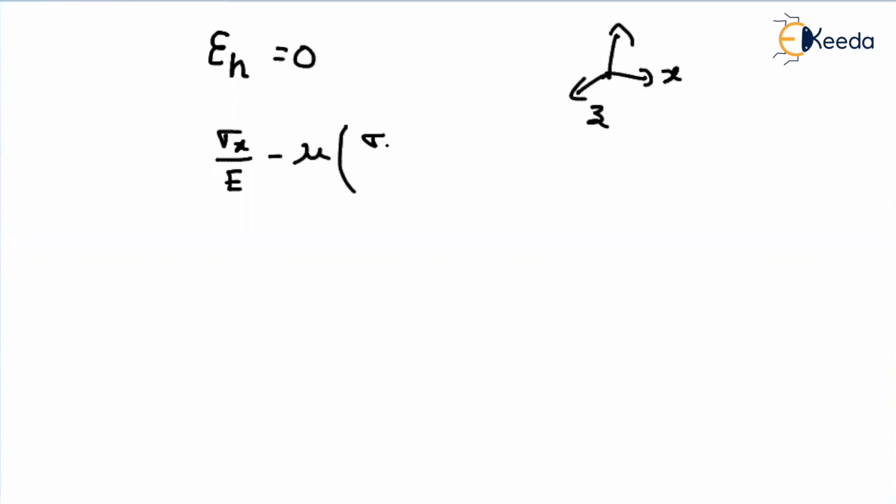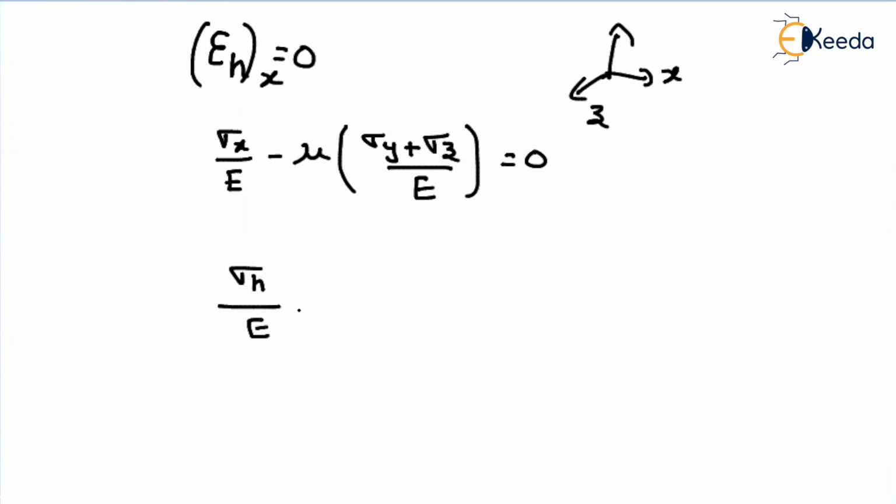Along the vertical direction, we are calling it sigma y. Along z direction, we are calling it sigma z, divided by E. That should be equal to 0. So we are writing strain along the x direction. The stress along x direction that we are representing with sigma h, as it is a compression, positive value, divided by E, minus mu times along the y direction, what is the magnitude? Sigma v. Expanding the term, minus along z direction mu times sigma h divided by E. That will be equal to 0.